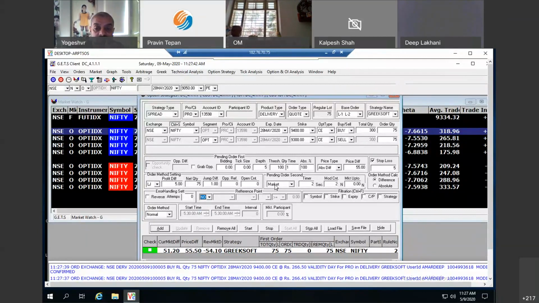One point I wanted to cover is pending order second. So with pending order second, most of the times, my second leg will get executed at the same very second. I would say 99 out of 100 times it will cover, or maybe 100 out of 100 times. Just once in a blue moon, if the second leg does not get covered in the same second, there's a sudden spike or sudden rise in the market.